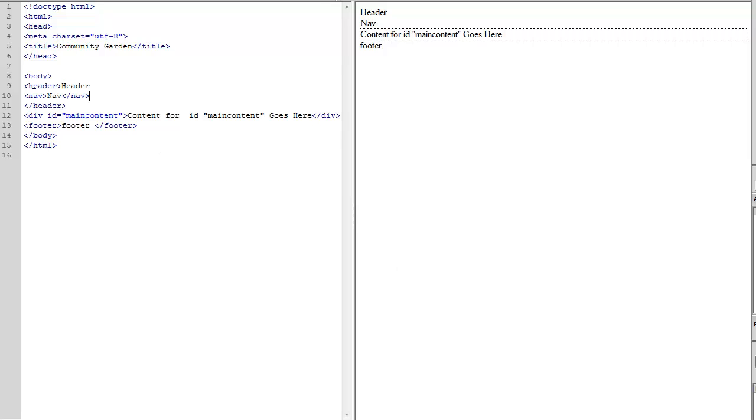So that, for instance, when we use the header tag, that was indicating a header. The nav element is indicating the navigation. So we're going to continue with that, only we're going to start adding actual content instead of just developing the boxes that the content are going to go into. So the first thing that we need to do is we need to decide on something to go into the